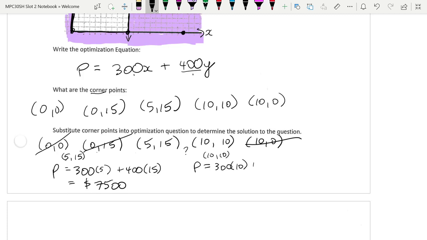Anyway, what if I use the point 10, 10? That's 300 times 10 plus 400 times 10. And that's actually going to be 3,000 plus 4,000, which is 7,000. So, therefore, I get a maximum profit